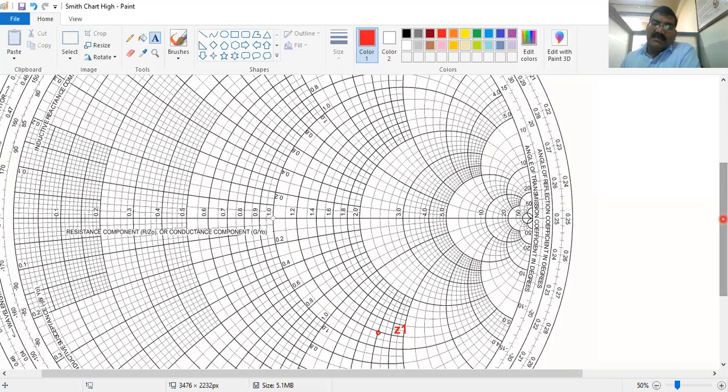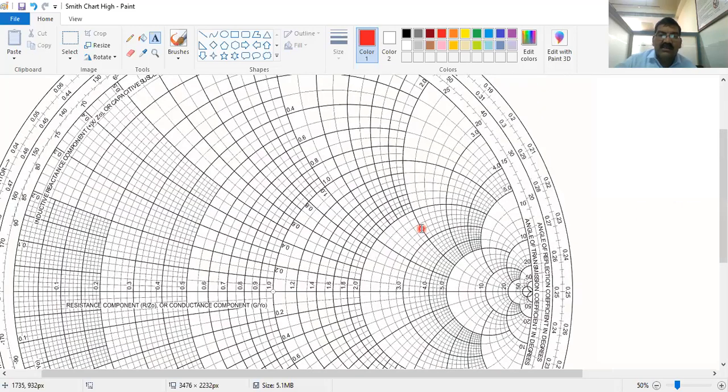This is the Z chart. This is not the ZY chart. On the ZY chart, there are concentric circles, imaginary circles also, so you don't need to convert. But this is the Z chart, and the scope of your syllabus is only the Z chart. In the final year, you can go for the ZY chart. So in the Z chart, how do you convert this z1 to y1? It is very simple.